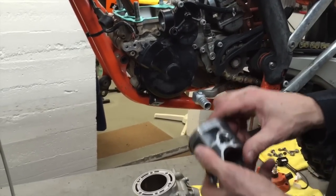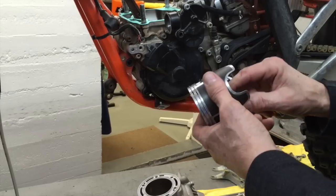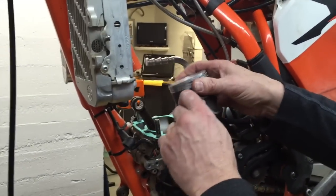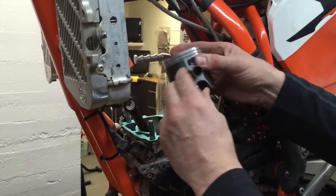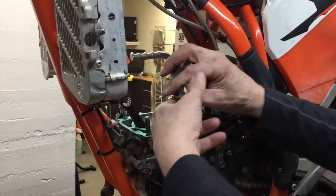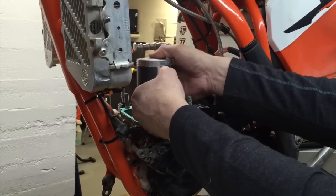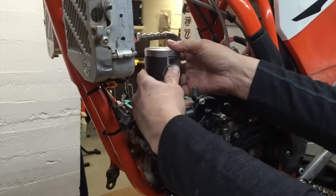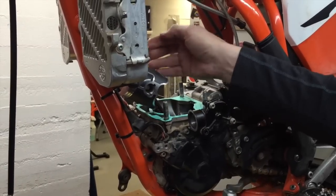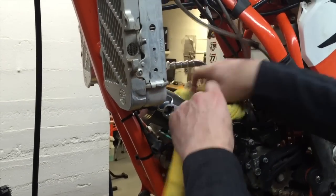What I do is I put the circlip on one side of the piston before I ever set it up on the rod there. Might as well get one of them done down here where it's easier to do it. So this pin slides in and out very easily. I'm just going to back it off to where it's not in this hole, this gap here, and bring the rod over here. Sometimes you might have to go to the other side of the bike to line this up properly. Okay, so now I've got the pin in there, I've got the clip on the back side. At this point, you need to put a rag around here